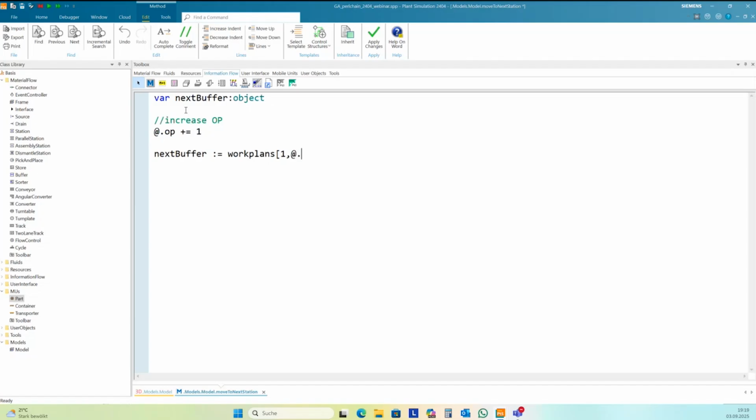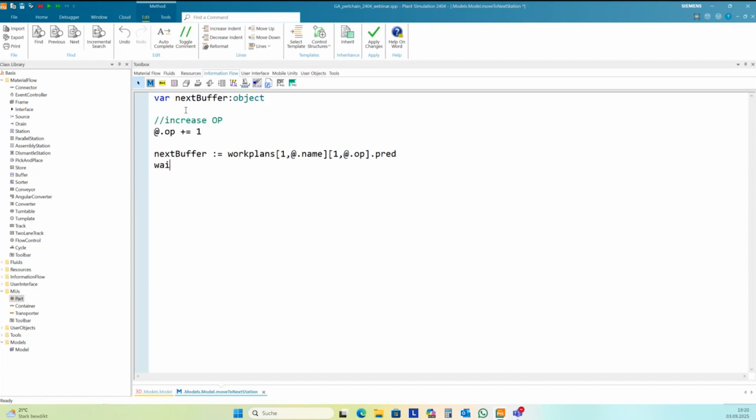At point name is the row. Then first column at point OP, I find the next station, and the buffer in front of the station is pred, the predecessor of the station.